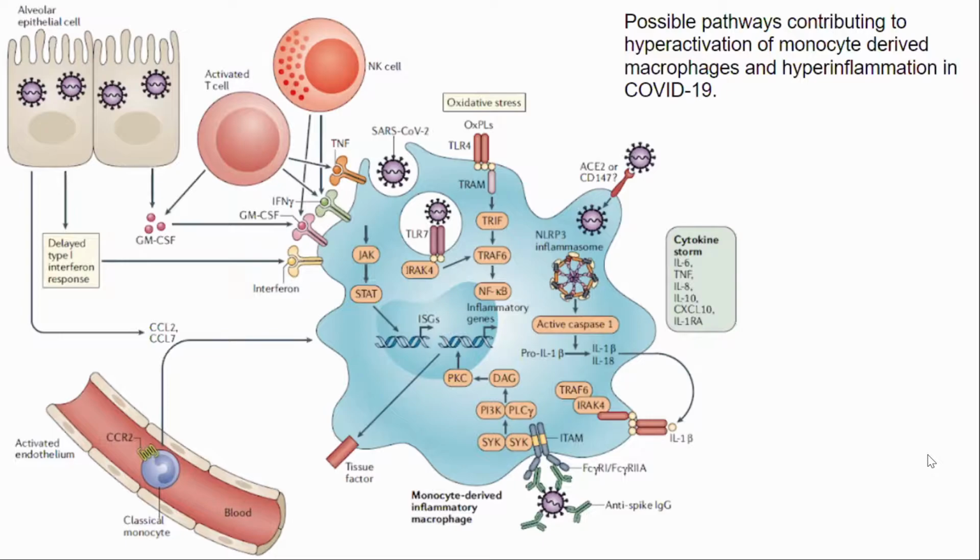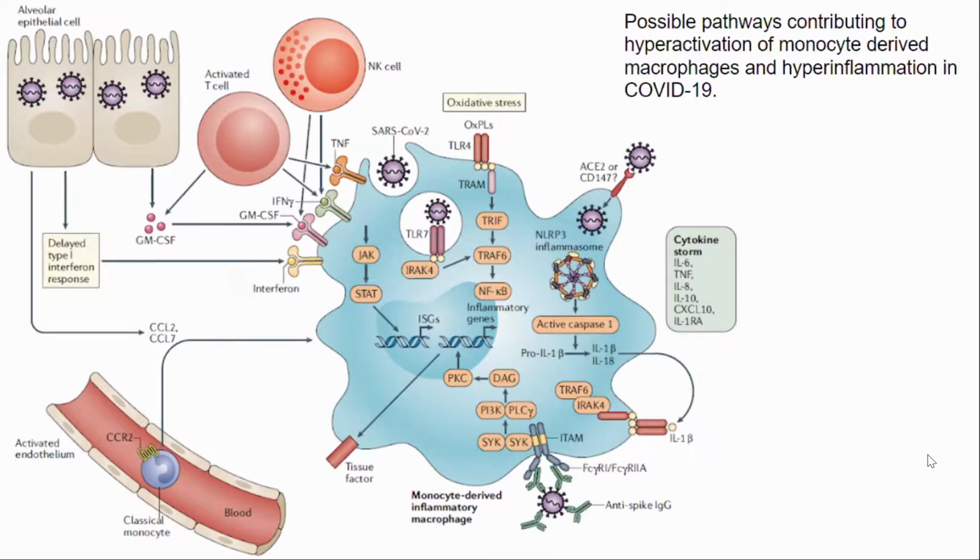And another mechanism is related to the oxidative state, in which oxidized phospholipid accumulates in the lung infection through the toll-like receptor 4, TRAF6, and NF-kappa B pathway. And virus sensing can be triggered by toll-like receptor 7 activated by single-strand RNA. And for this, we can suspect that interferon type 1 induces the expression of the severe acute respiratory syndrome COVID